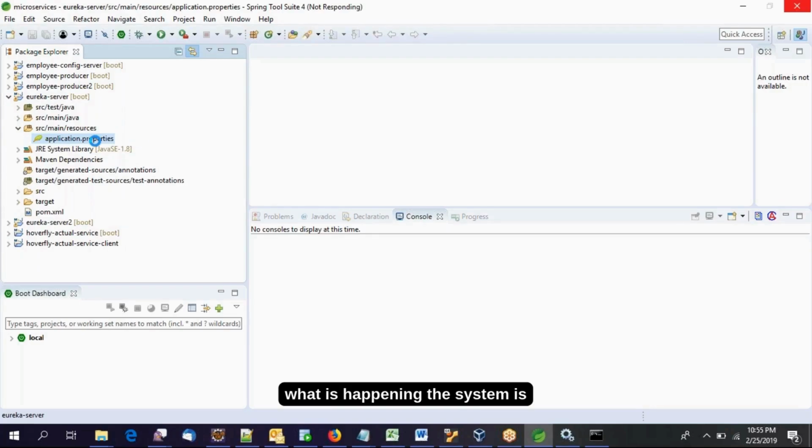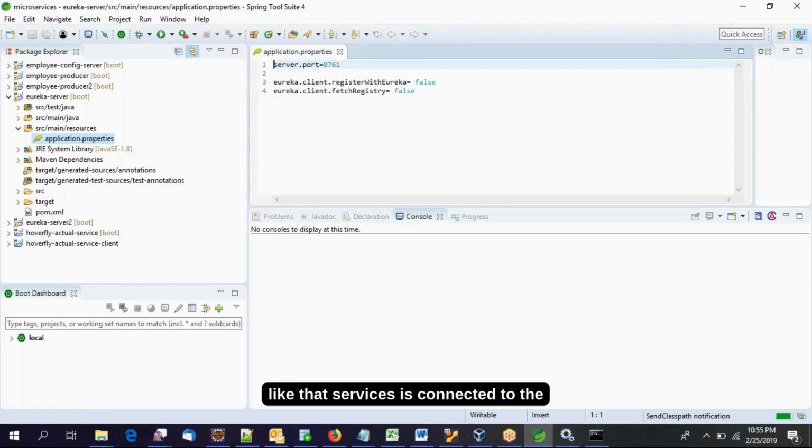So here what is happening, the system is like that services is connected to the web app. Now we want the mobile app. So across India we can go for an Android app feature also. So now if you will see here, Eureka server, okay,